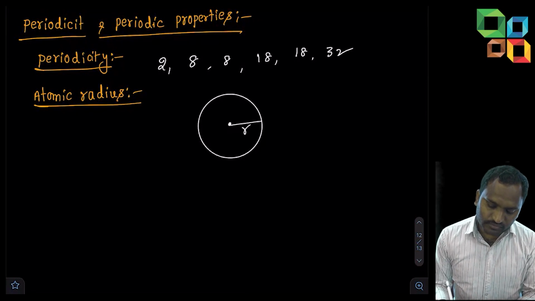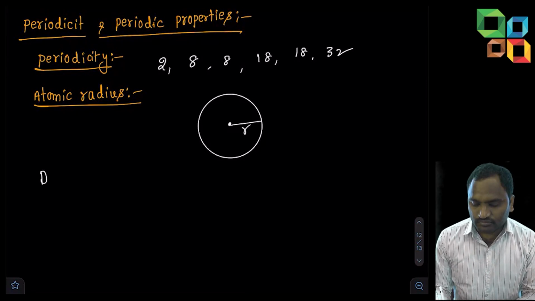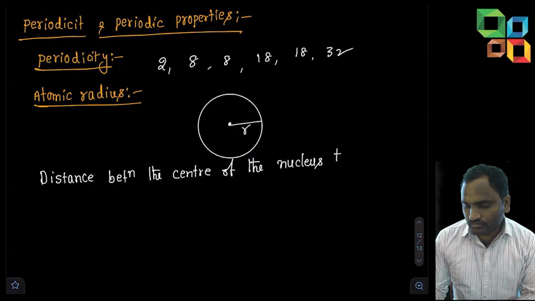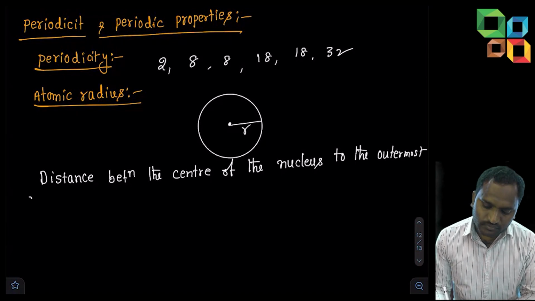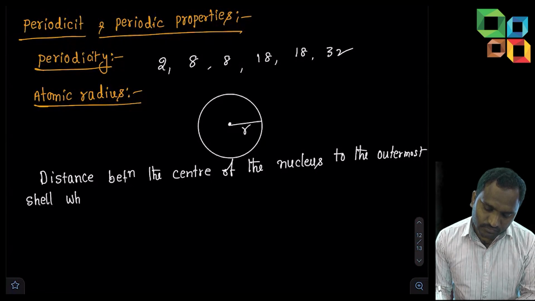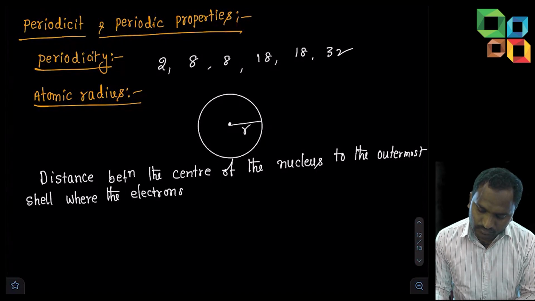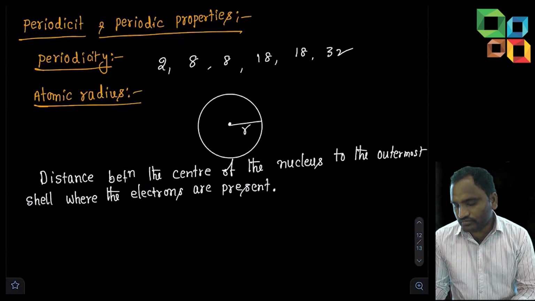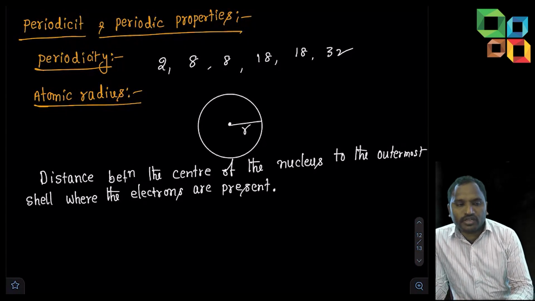That is the atomic radius. So, variation of atomic radius and the